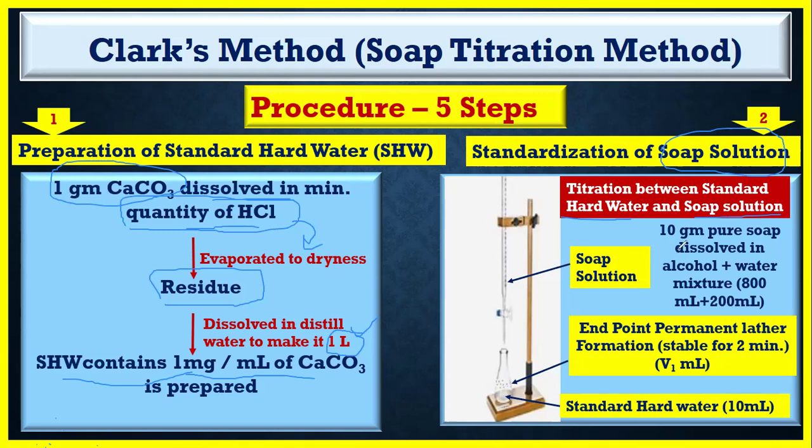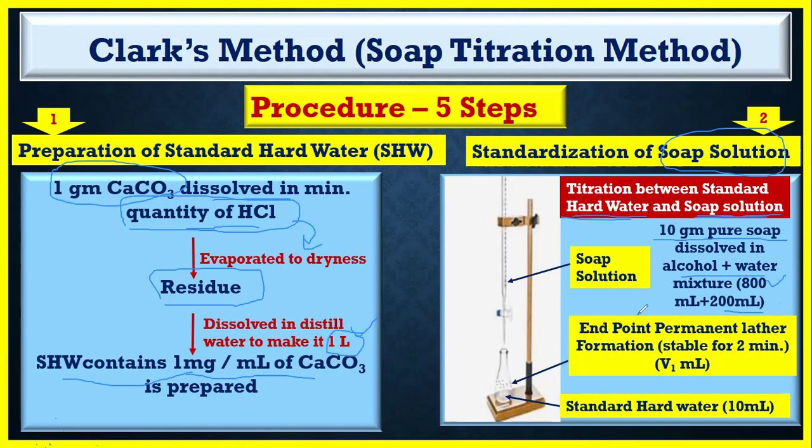For this purpose, we have to prepare the soap solution. For this, 10 gram of pure soap is dissolved in an alcohol and water mixture. In this mixture, the ratio is 800 ml alcohol and 200 ml of water. So in this second step, standardization of soap solution includes titration of standard hard water